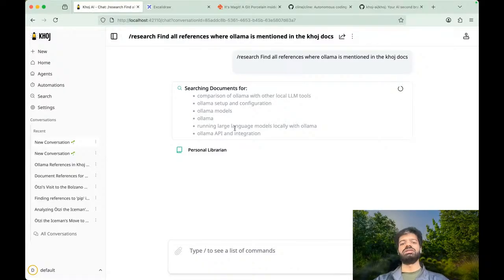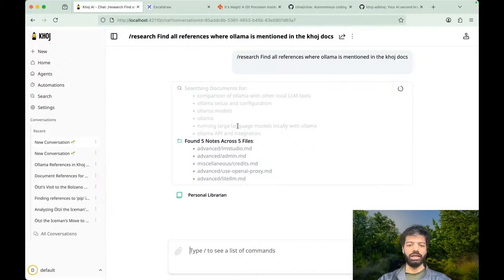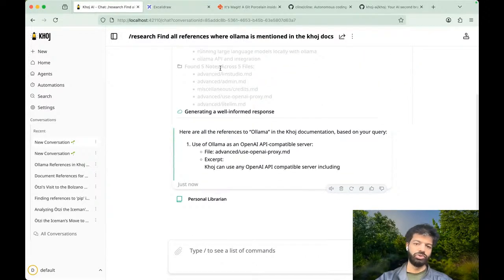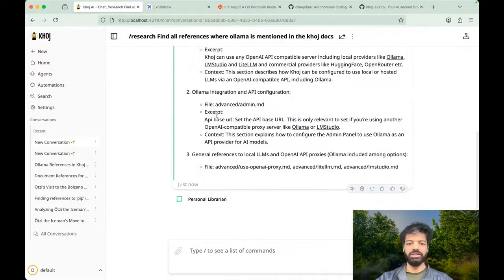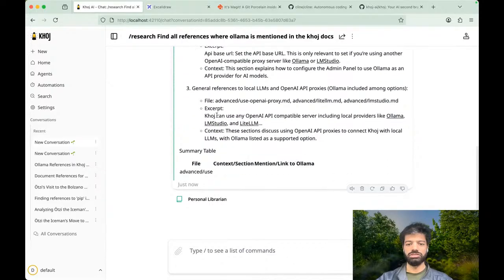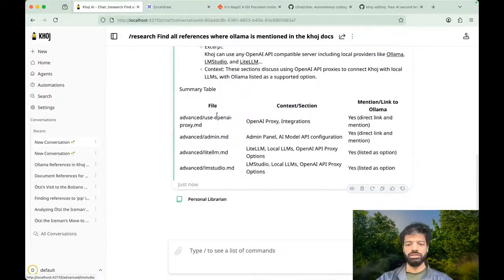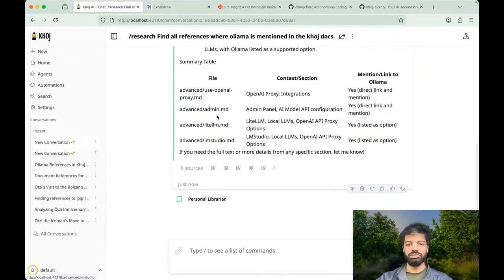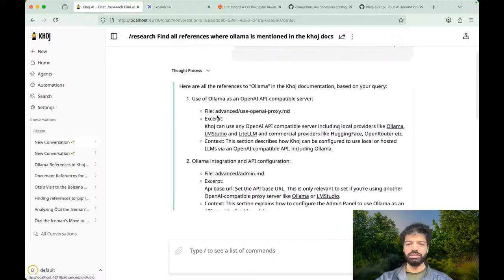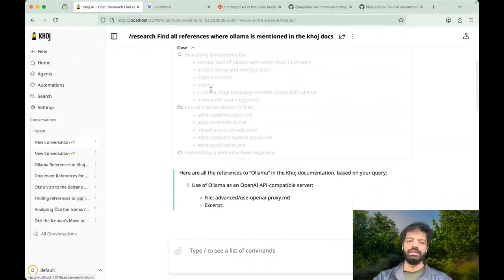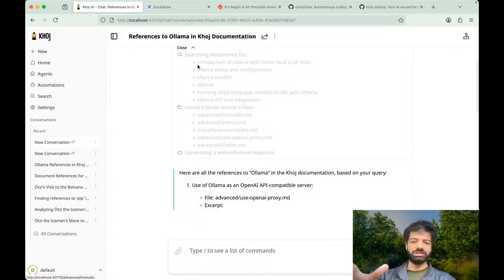Okay, so this search documents bit is the normal natural language search that Khoj already can do. You can see, this is my question, and Khoj, or the LLM underneath, has chosen a bunch of questions. Well, let's answer the question. Let's just see where we were. Right. So it asks queries of your knowledge base. And so these are the questions it's asked. And then it's found 5 nodes across 5 files using natural language search.